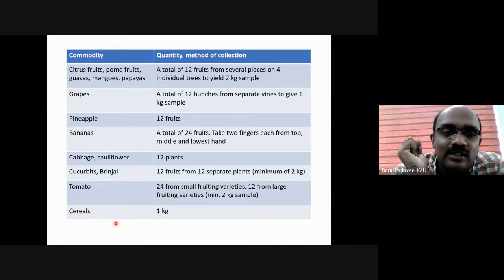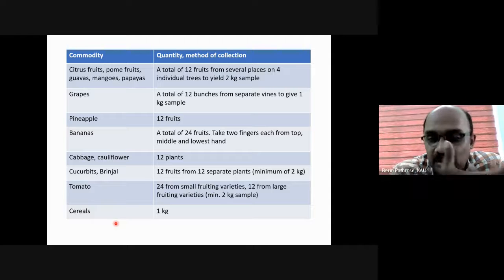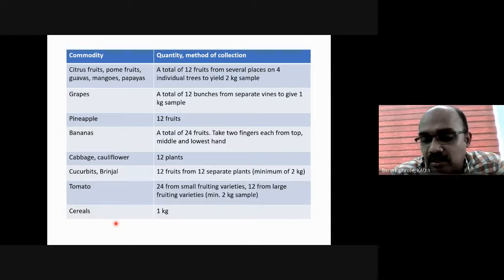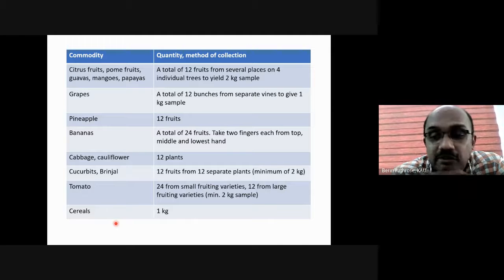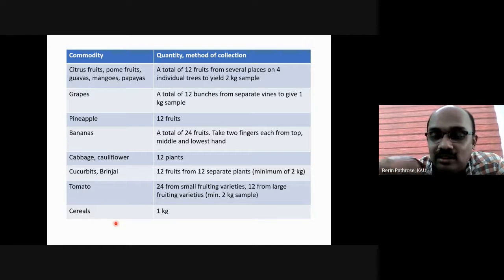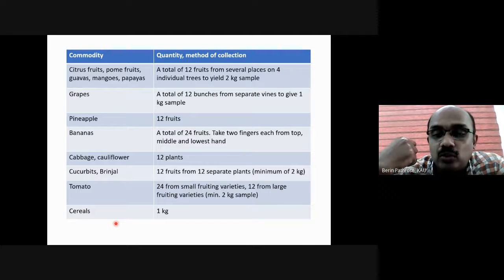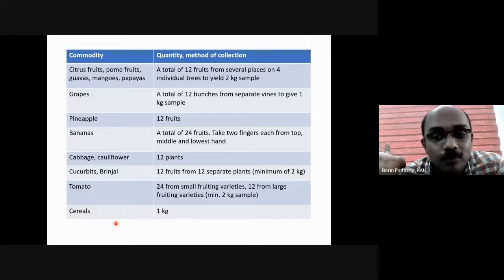Say you might have seen certain guava which are extremely big in size. Now they call it Taiwanese guava and all. It will weigh somewhere around 150 grams. So you have collected one guava each from 4 plants. The 4 guava weigh somewhere around 3 kg. No, it's not a representative sample.